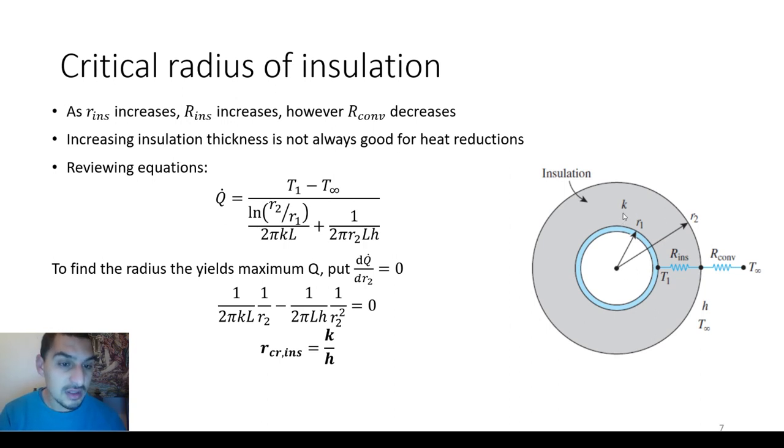And you can even think about it physically without looking at the equation. If k gets smaller, then it's more resistive to heat transfer, and it will have a bigger effect on heat transfer than convection. So as k gets smaller, the problem of the critical radius is actually not there. You wouldn't think about the critical radius if you are using a very insulating material with a very, very low value of k. Even if h is higher but k is very, very small, the k over h will be a very, very small value, which is not even practical to use